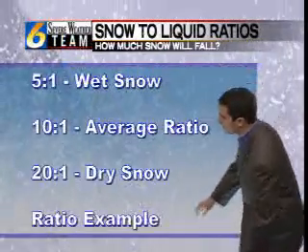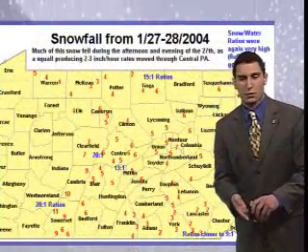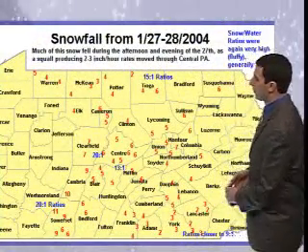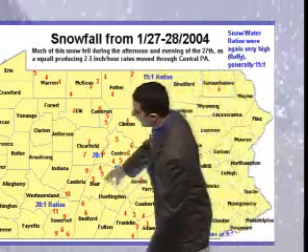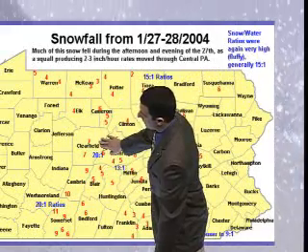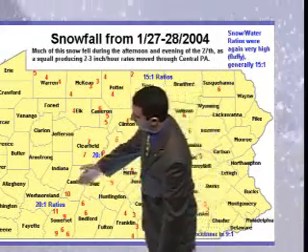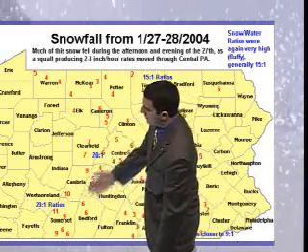1 inch of liquid. So let's talk about the example right now, and we can see this is courtesy of the National Weather Service, a storm from January 27th and 28th of 2004. And you can see all the 9s and 10s across Cambria County and Somerset County, a couple 7s across Clearfield County. The ratios here were 20 to 1 in Clearfield County and 20 to 1 over near Westmoreland, Somerset, and